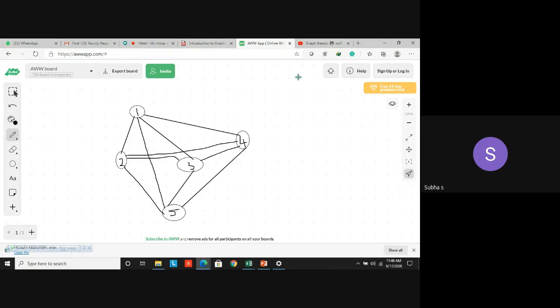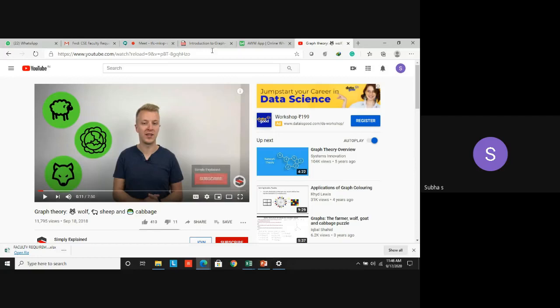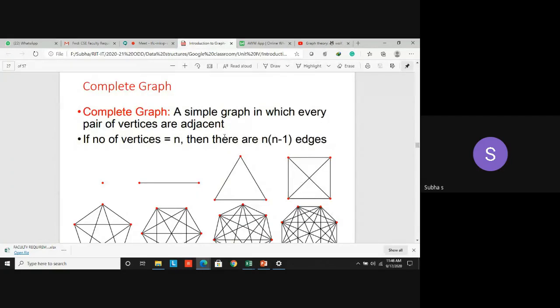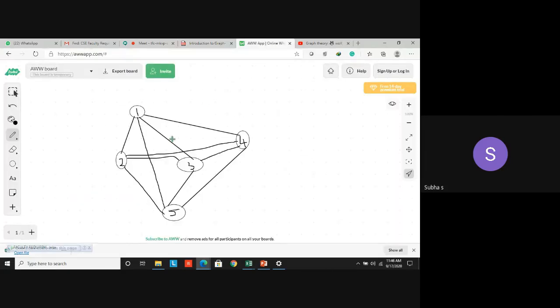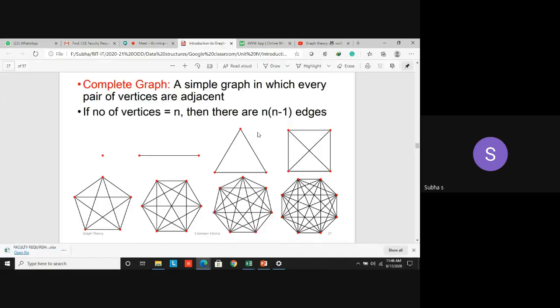Okay, one more thing, it's not necessary that all graphs should always be complete. You might know about mesh network. Mesh means from each node there should be a connection to all other nodes. Same thing in graph we use as complete graph. Suppose we have n number of vertices, then there should be n into n minus 1 edges. So 1, 2, 3, 4, 5, 5 vertices are there. So 5 into 4, there should be 20 edges. That is the formula for finding the number of edges in a complete graph.